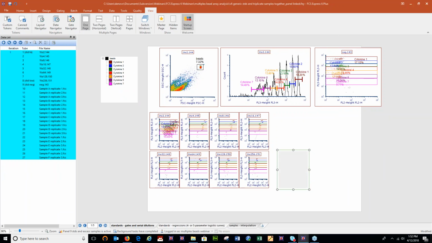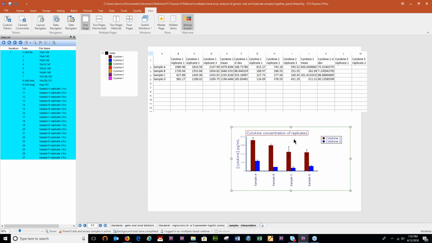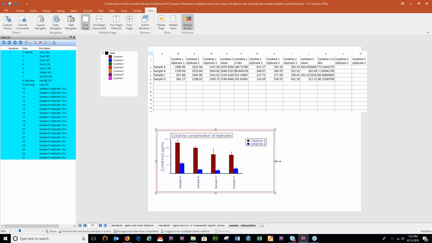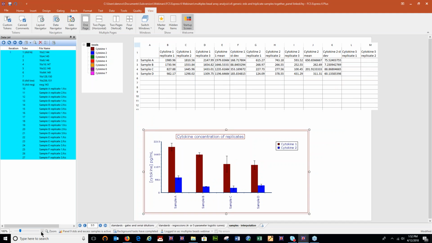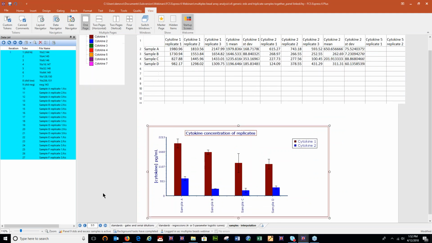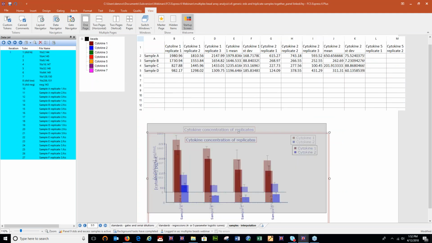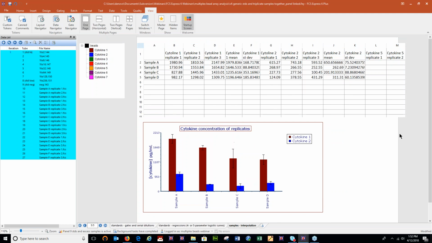Yes, this is the one I wanted to show you. So here we have a different kind of bar plot where we're plotting replicates with error bars, i.e. the means as the bar values and the standard deviations as the error bars. So if you're acquiring your samples in duplicate or triplicate, you can certainly do that in FCS Express. I'm not going to have time to build this bar plot in the spreadsheet with you from scratch, but just to show you how you can do it,